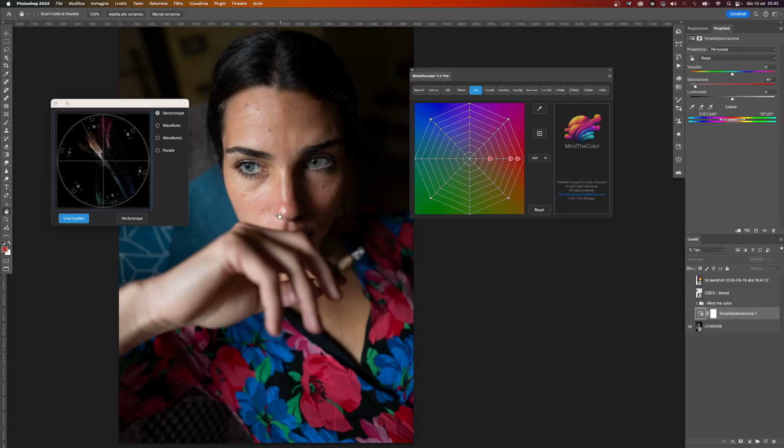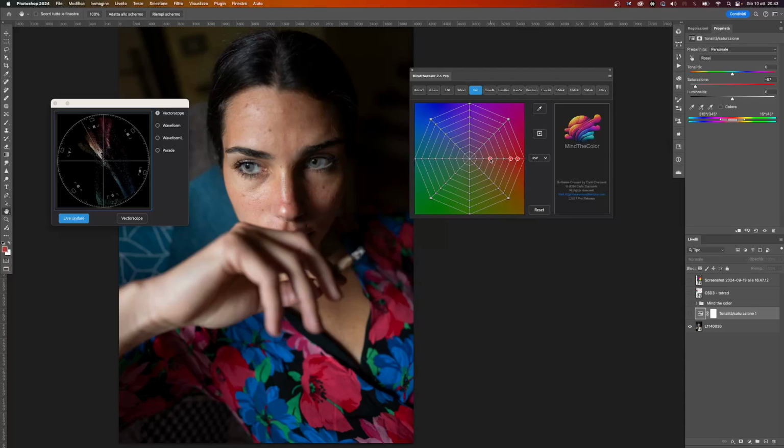I can see that there's another point with the same hue in the nose, but at a different distance from this one. And what is this?